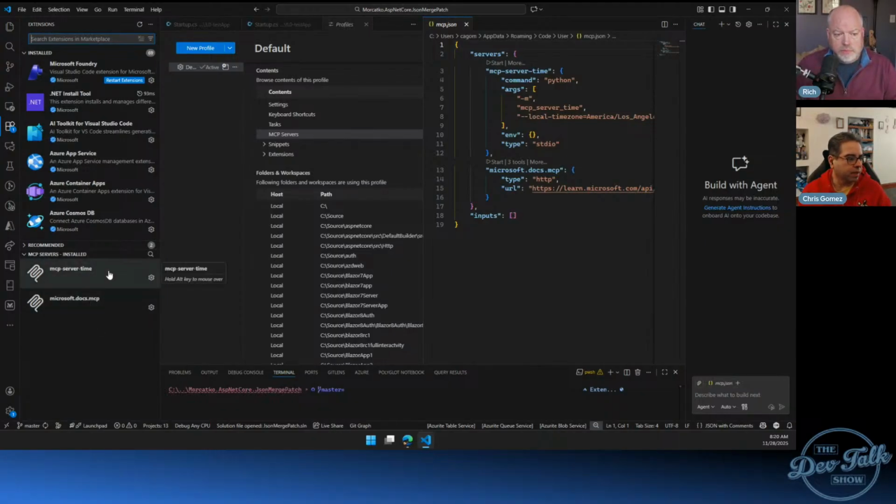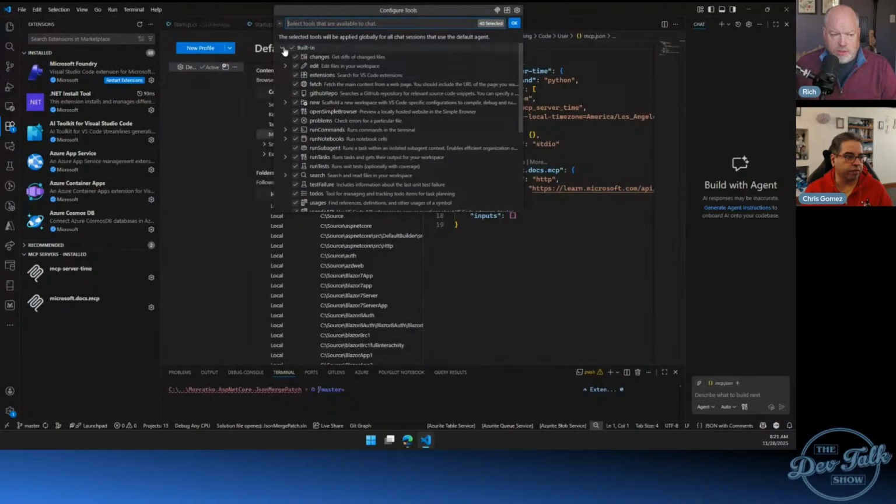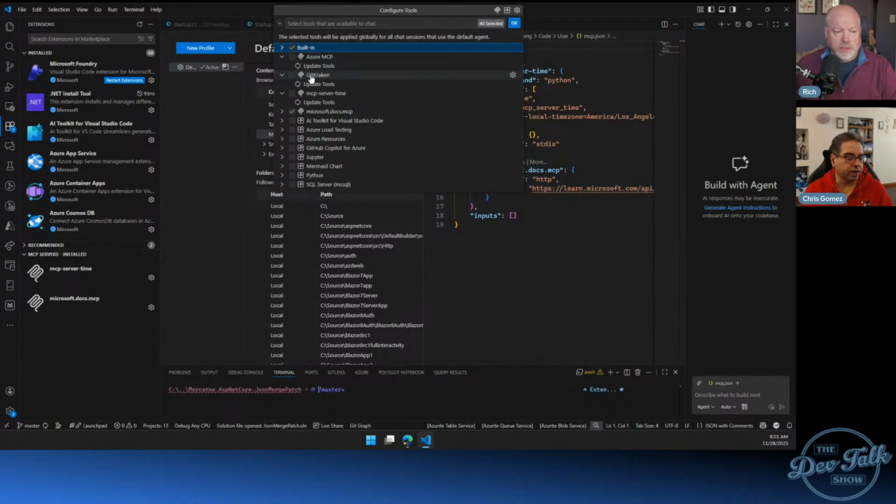So this means that I actually proactively added this server to VS Code, which is different from an extension adding support for tools. Yes. Because as we saw when I open the tools, there's things that are, and I wonder if this means this is running locally.